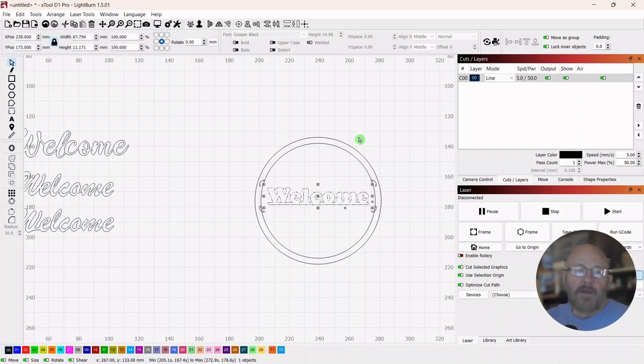Okay, so we want to center this. So you can select the lettering, shift, select the outside, and then just click bullseye. It'll put it in the center. Then we're going to select the lettering, and we're just going to drag it out enough to touch. We want it to touch on both sides, just a little bit,